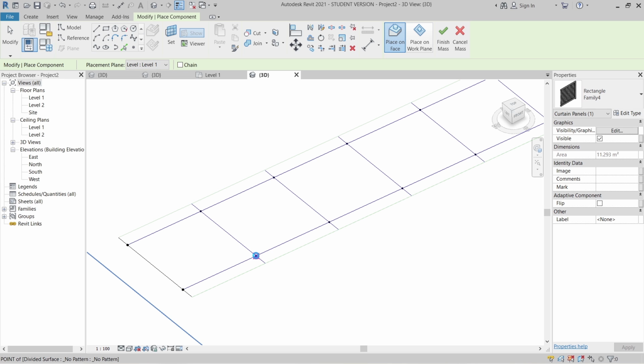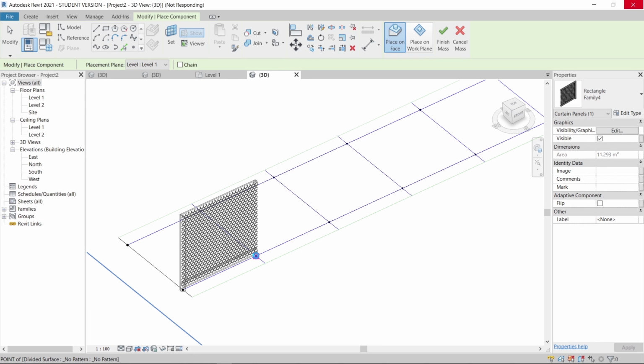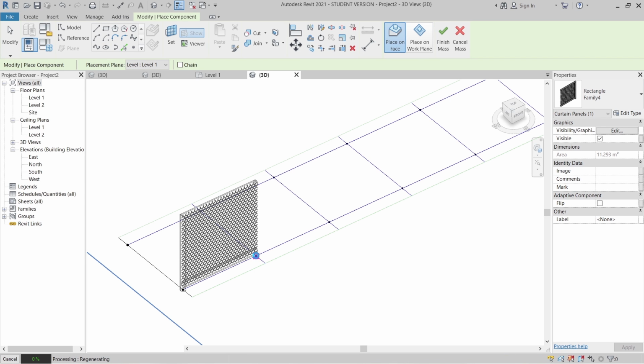Okay, it's there. Third point. It's the same thing as using an adaptive component, but the adaptive component is heavier than that. Hit escape a couple times, because 3 points is enough already for our pattern here.